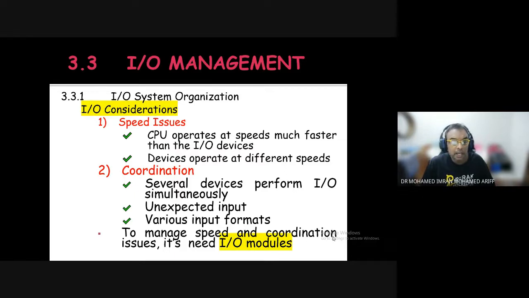Next, the input output consideration that the computer system is doing is coordinating. Because it has several input output devices, it needs to coordinate which input output device gets to run first, second. And some input output devices will run simultaneously. You're printing at the same time, you're typing on your keyboard, you're downloading. So these are three input output devices which are connected at the same time. So there are certain issues that you need to consider.